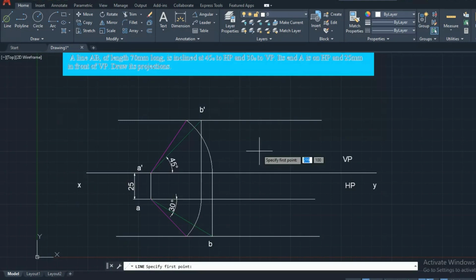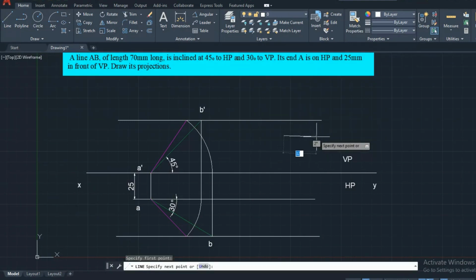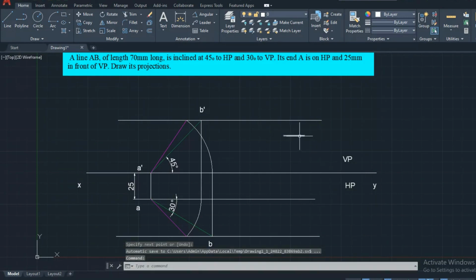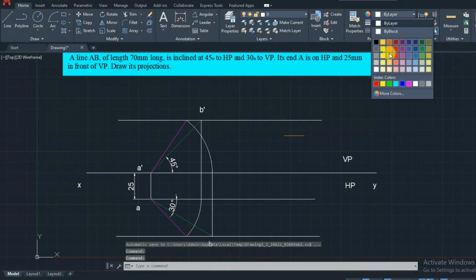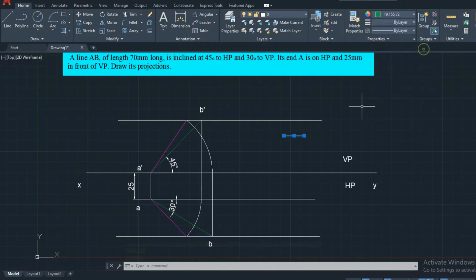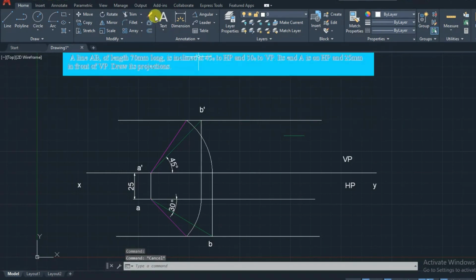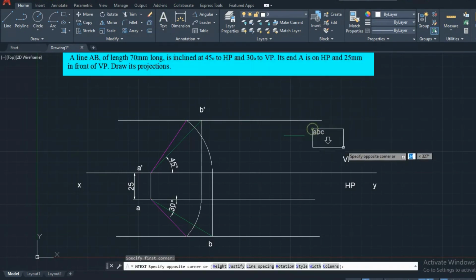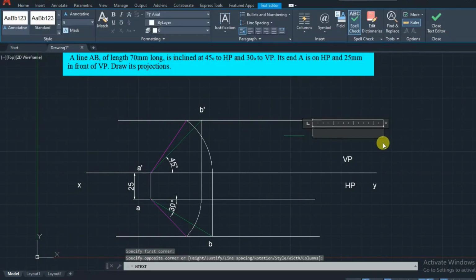True length means the actual length of the line.